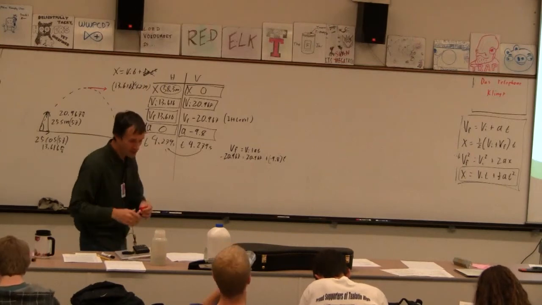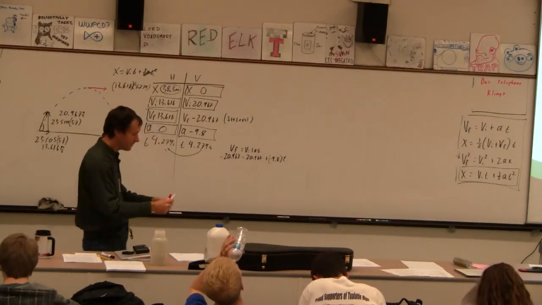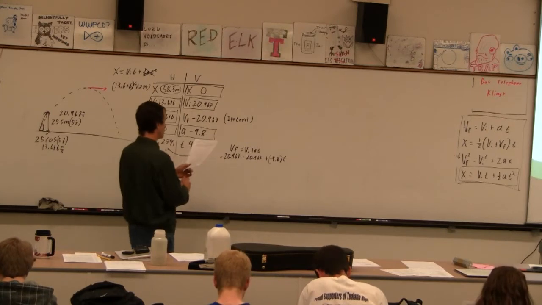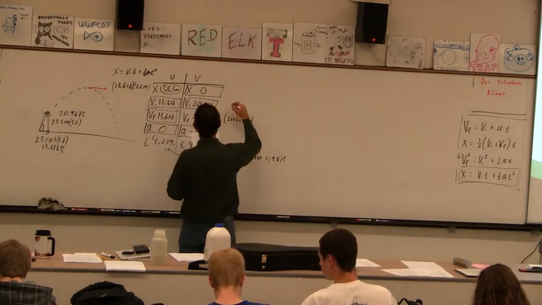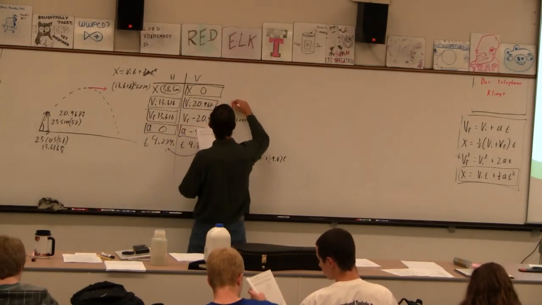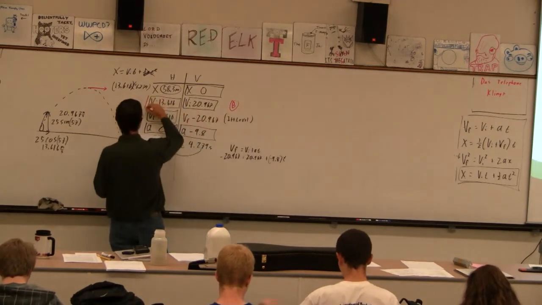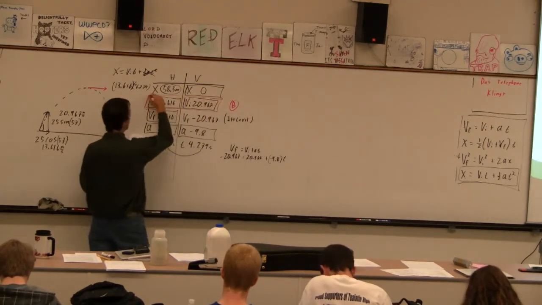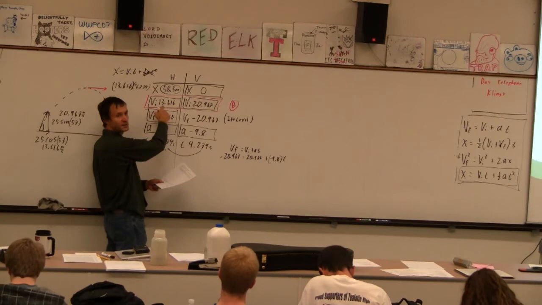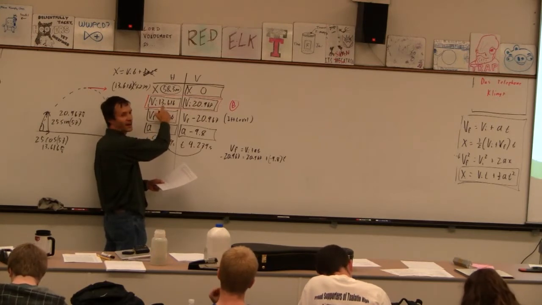So these are the questions. The first one is, what are the initial horizontal and vertical velocities? Okay. Right? And here they are. This is the answer to B. Okay? They're 13.6